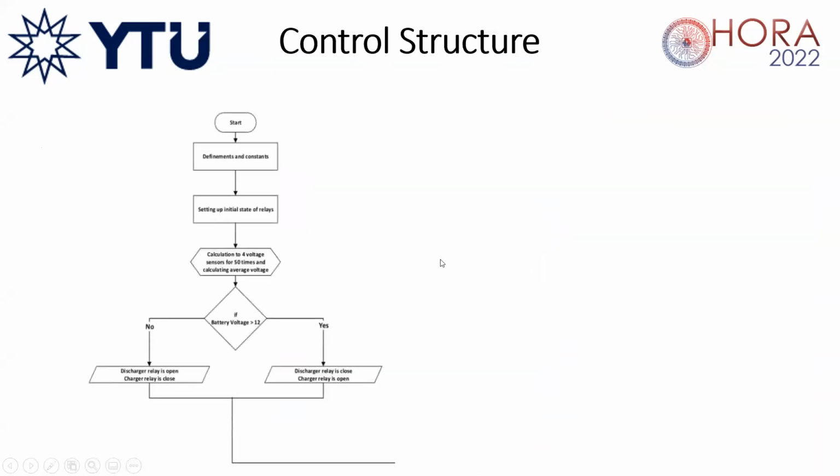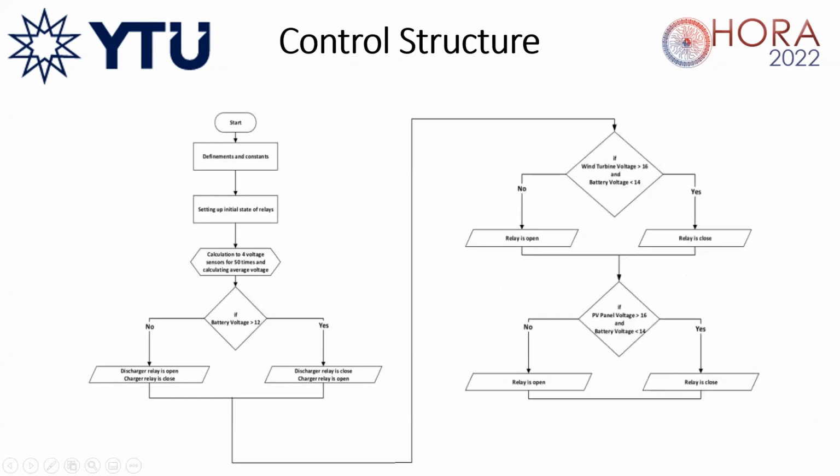And lastly, I will talk about the control structure. The energy from these sources is controlled by going through the system algorithm prepared for Arduino and VMOS microcontrollers. Our algorithm starts with some definitions about our sensors and some initial states of our relays. After that, the algorithm starts measuring the voltage and current values, and then goes to the determination algorithm. After this control stage, the energy is distributed to the brushless DC motor, water pump motor, and LED lighting loads as